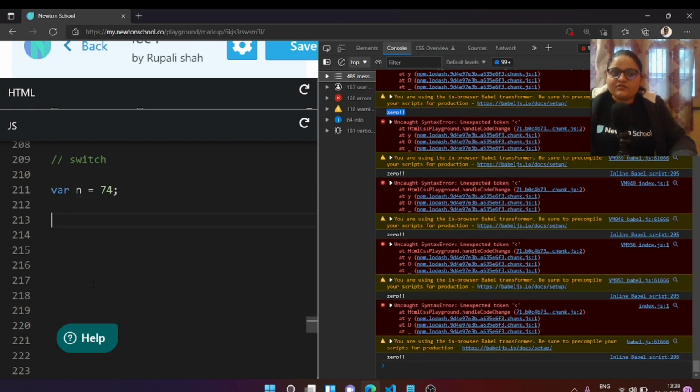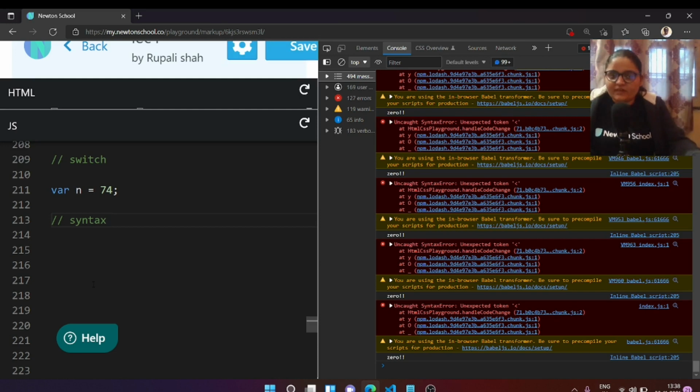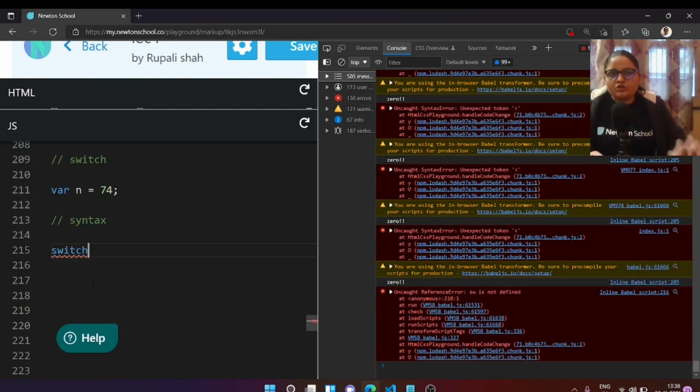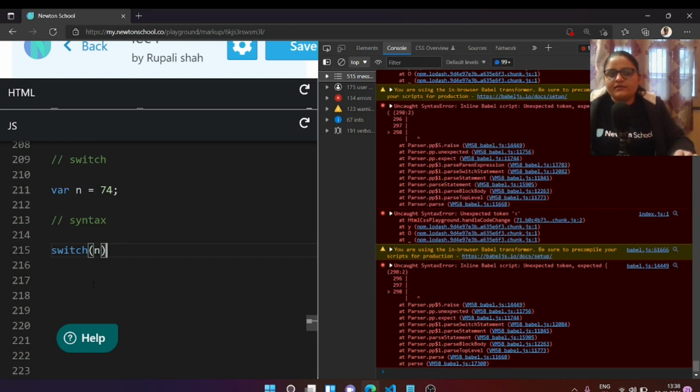Now the syntax. First let us see the syntax for this, because it's a bit more complex than the conditions we have seen in the above example. So do note the syntax, it's very important also. Now a switch statement starts with the switch keyword, and here we generally pass our variable on which we are going to execute our conditions.